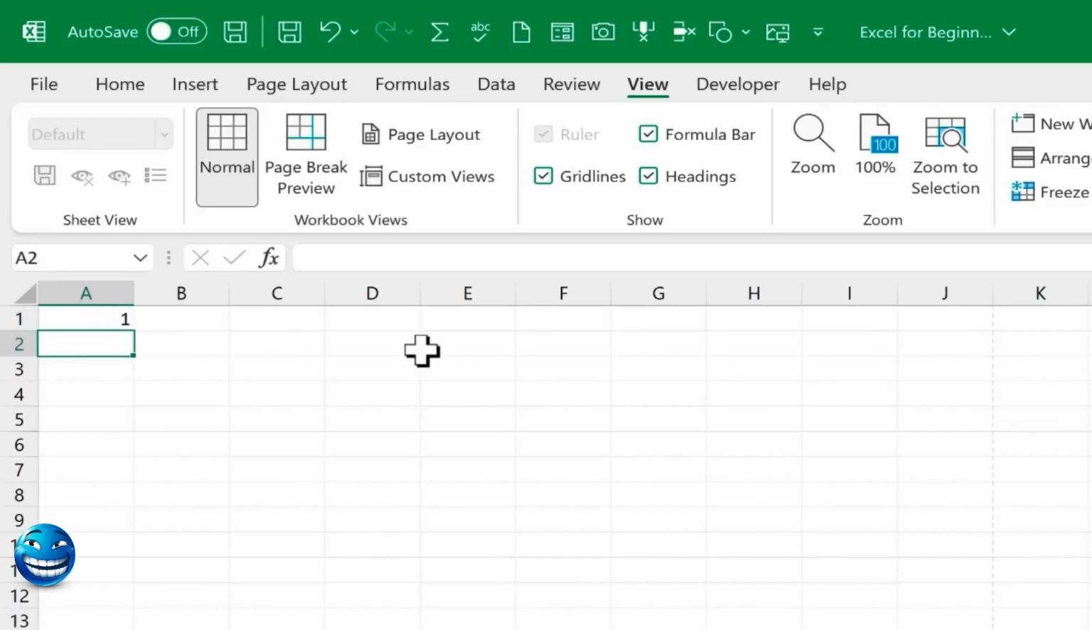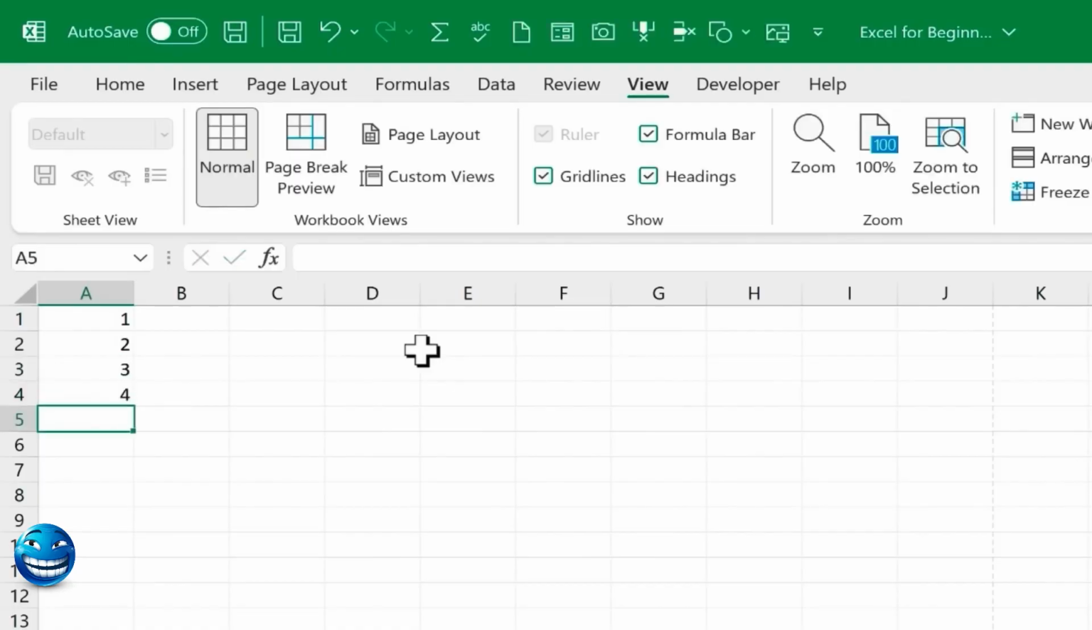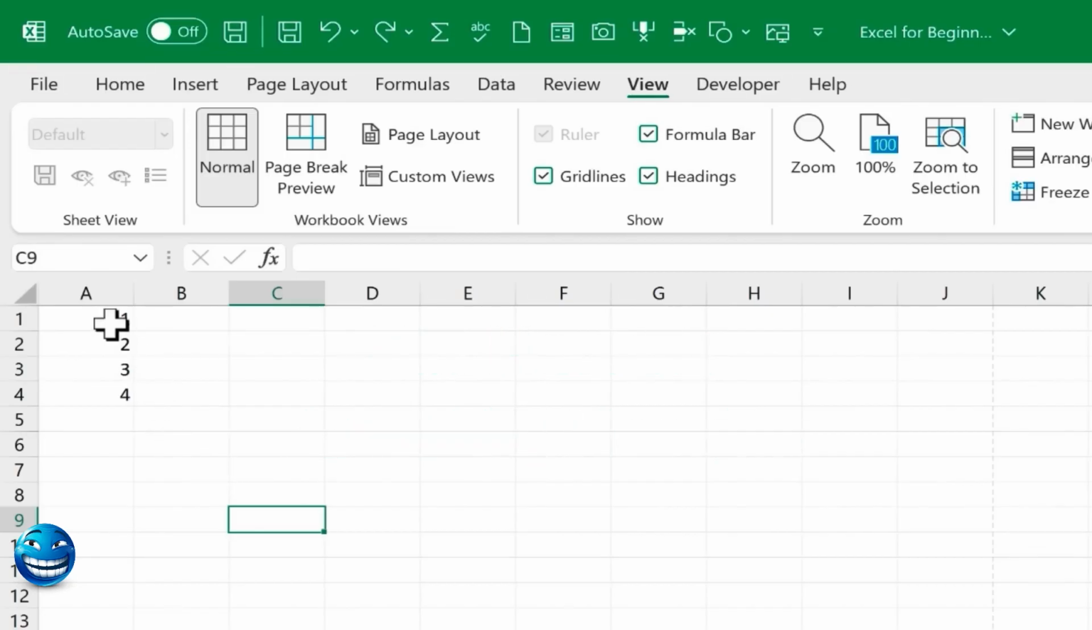Notice when I tapped Enter, the active cell moved down 1, and that's great because that's where I want to type the next number. 2, Enter, 3, Enter, 4, Enter, and I could just continue to do this down the spreadsheet, but that is kind of a repetitive task, and Excel has a built-in feature to make it so it's not so repetitive. There's something called the fill handle or the autofill handle in Microsoft Excel, and the way it